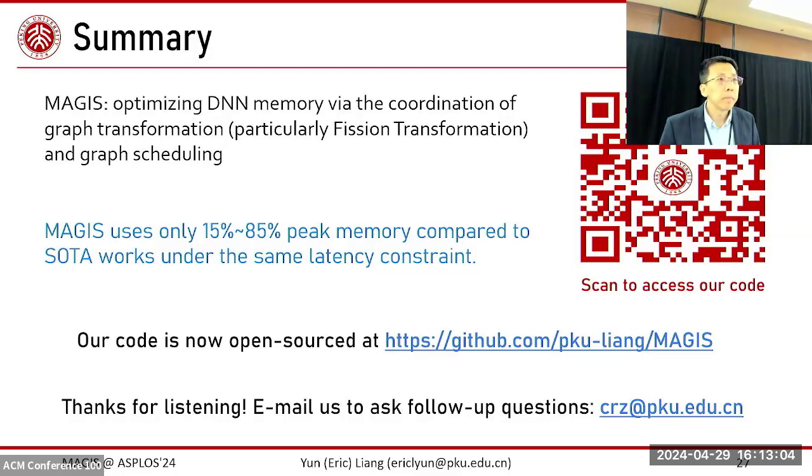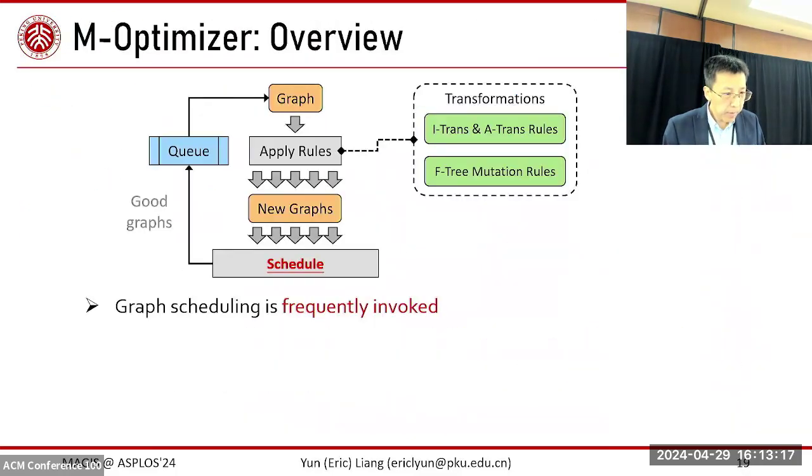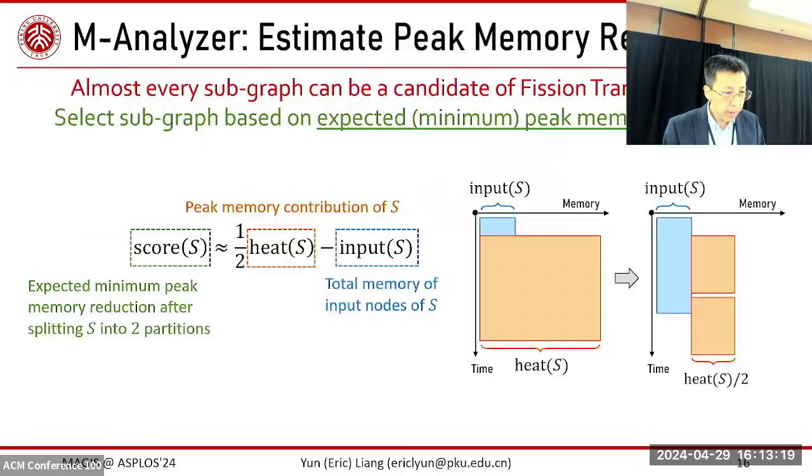Do you have a performance model for your optimization? So you said budget for the latency. How do you model the latency? Right. So we propose this. The performance model is this score. Let me go back. Yes. So this S is the subgraph we select for this split. Right. So then we use this score S. But this is just a rough estimation. So we only estimate how much memory saving we can get.